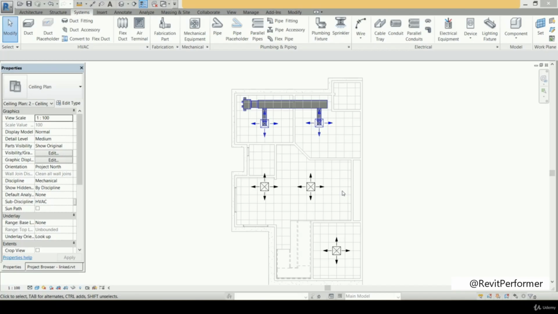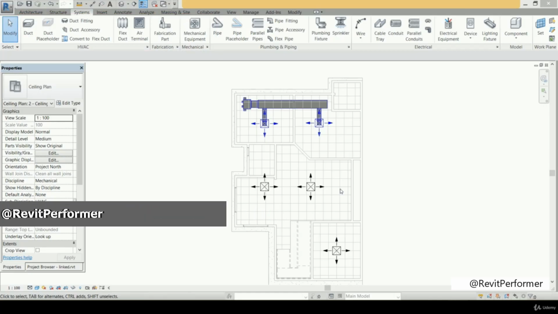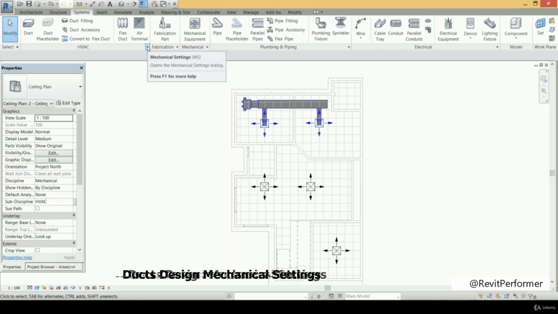In this tutorial, we will continue exploring the options and the properties that we can use during our HVAC design in the Revit software. Here, as you see, those are some mechanical options that we can use. For example, we can draw a duct, or we can select an air terminal or a mechanical equipment. But for those elements, there are some general settings that we need to set. To access those settings, we easily press on that tab here, which is